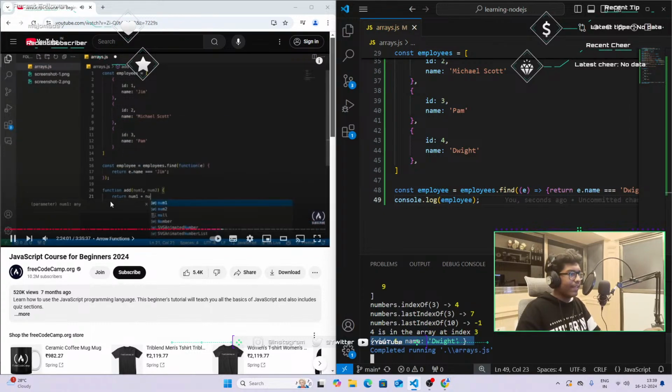Braces, and now just return number. Yeah, there we go. We found Dwight. Now another syntax to accomplish the same thing is the arrow function. So I can name it const. I'll comment this out. Then I'll name it add, an equal sign for an assignment, and then I specify the